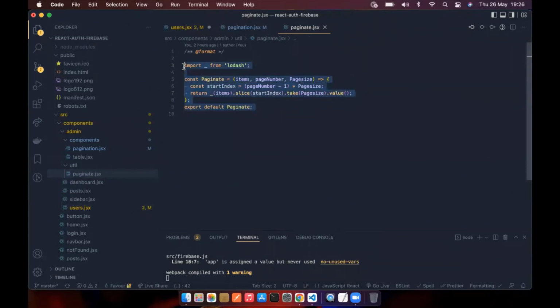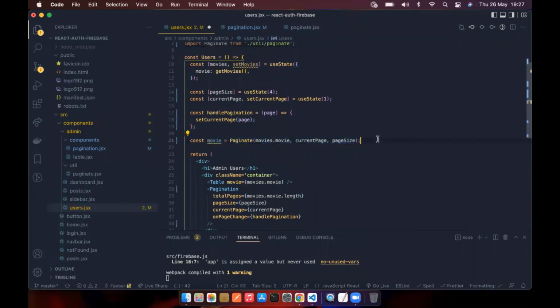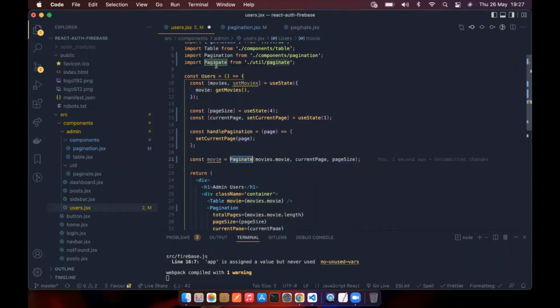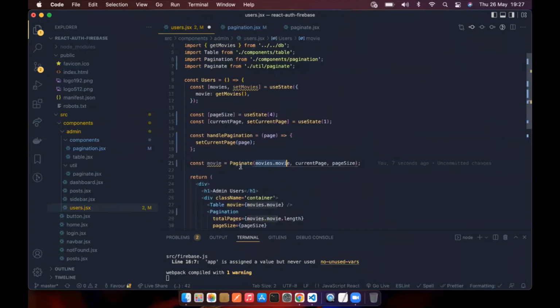So that is the essence of this utility file which I created here. What is basically happening here is, after I created the utility file, I imported it here. Then I created a new variable called movie. I set the movie to be our paginate utility file, passing it a parameter. You can see this is a function that takes in parameters: the movies, which is our list of movies, the current page, and the page size. You can see it takes this value from the user. And what it does is,